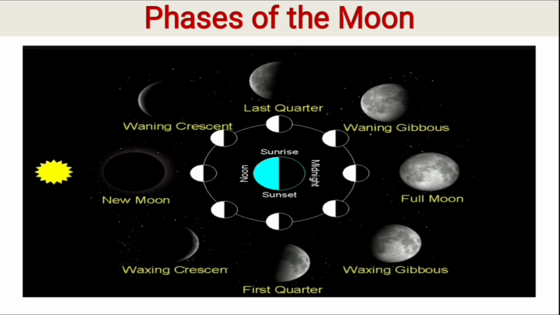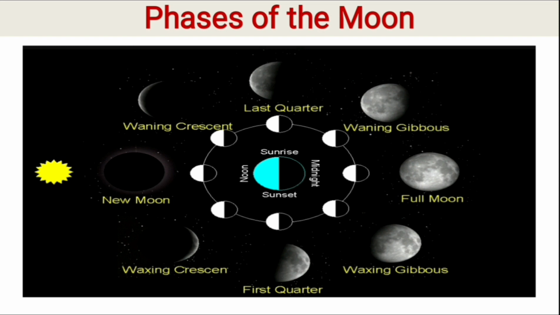And the moon continues its orbital journey, and the sun's reflection keeps increasing on the moon. In about a week, the sun is at a 90-degree position to the moon. We can see its half portion, which is called the first quarter. After the first quarter, about 2 or 3 days later, the moon is more than half full, and this position is called